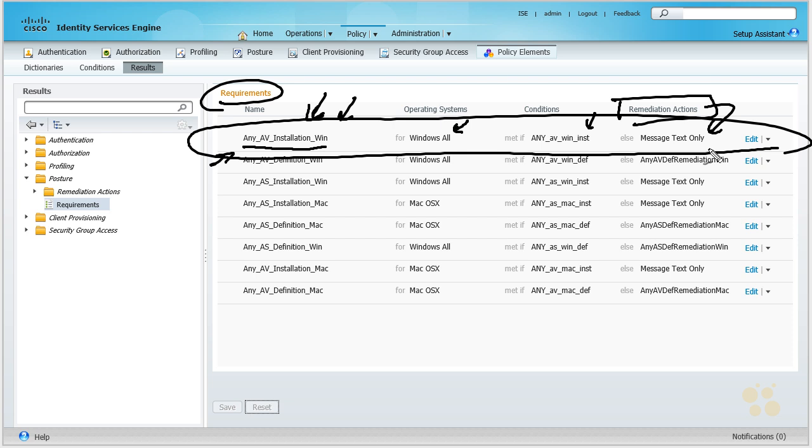However, if a user is not in compliance, wouldn't it be nice to give them resources so they could fix their computer and get up to date? And I think that'd be a great idea. So before we edit this requirement, let's go up here to remediation actions, and let's provide the software required for